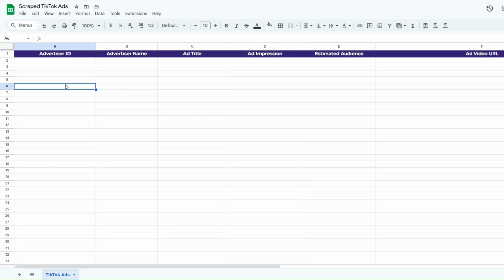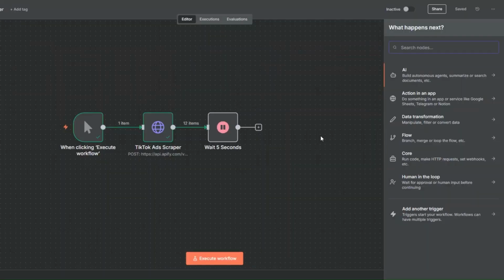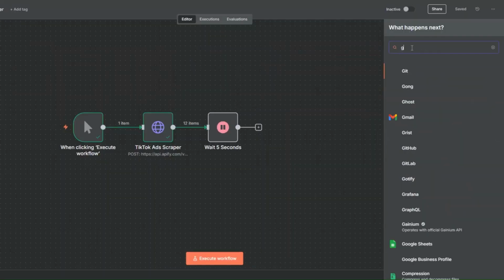In Google Sheets, I've created a spreadsheet that I've renamed to scrape TikTok ads. In the spreadsheet I've created a sheet that I've renamed to TikTok ads. Here's where we're going to add our ad data. Here we're going to add the advertiser's ID, advertiser's name, ad title, ad impression, estimated audience, and the ad video URL. Here to add our ads to the spreadsheet, I'll go back to our workflow, and here